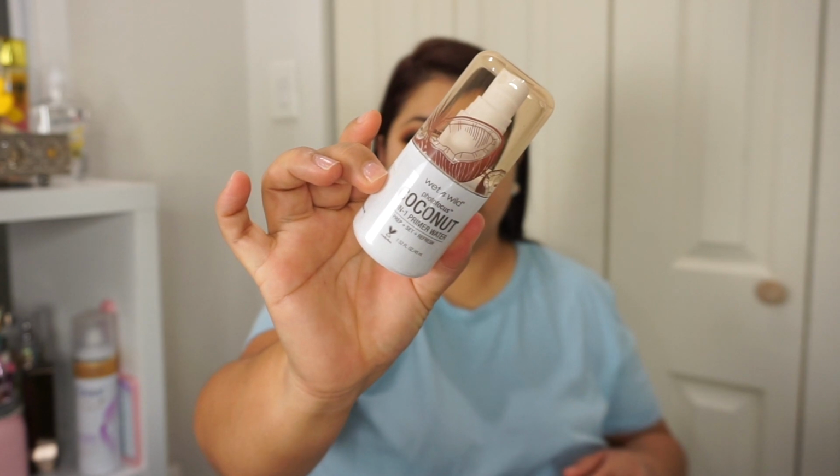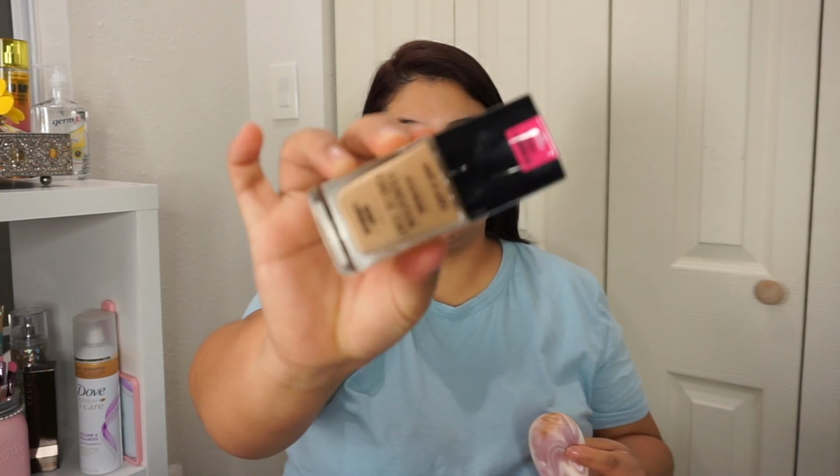And then I'm gonna go in with the Wet n Wild Coconut 3-in-1 Primer Water, and I'm just gonna spray this on this part of my face. This literally smells like coconut, like shea butter. It's an old product, it's been around for a while, but it's really good. I'm just gonna press that in with the beauty blender. And then we're gonna use the dewy